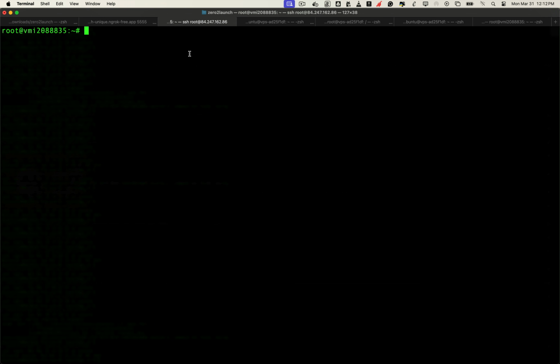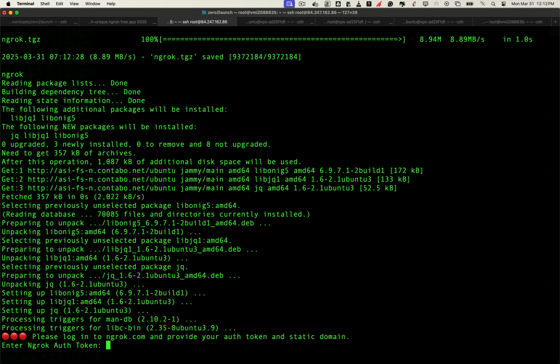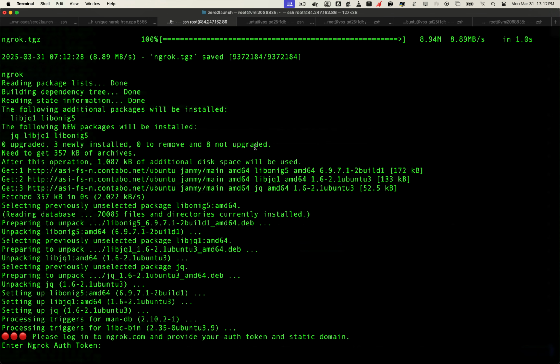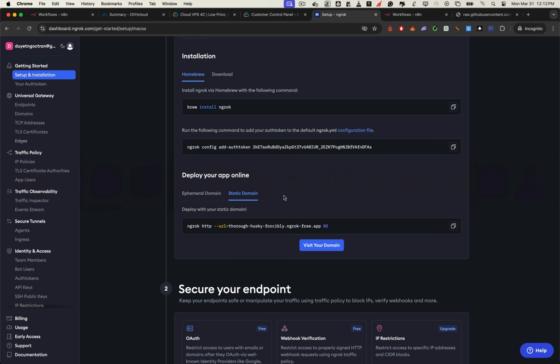Back in your VPS terminal, use this command to fetch and execute the script. After a moment, the script will prompt you to enter your Ngrok auth token and your custom domain. Now, let's grab your auth token and custom domain from the Ngrok dashboard, then paste in both values. Once that's done, Ngrok will automatically link your domain to port 80 on your VPS, and your secure public n8n